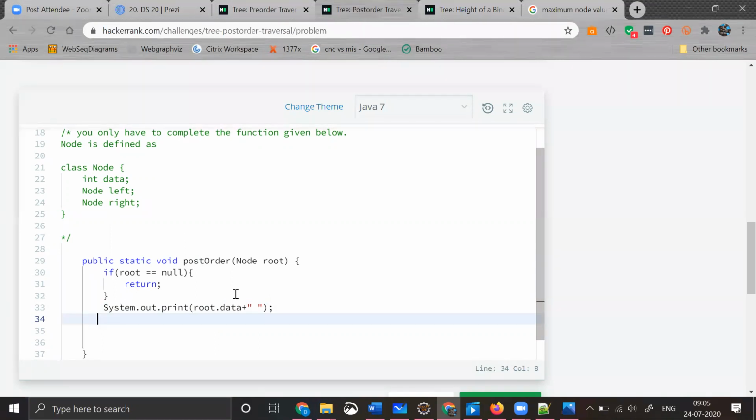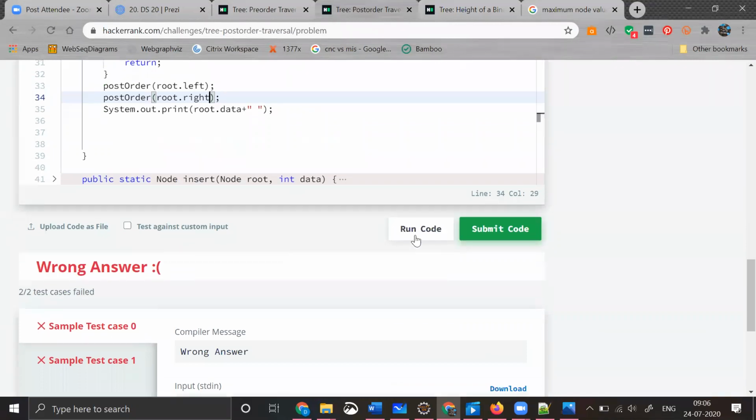First we need to print the left, right? After that we need to print right. I mean to say, printing in the sense we need to call for right. Then we need to print root. Let me try to run this code.